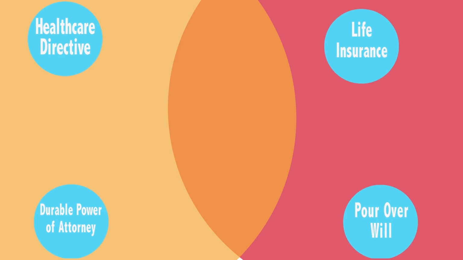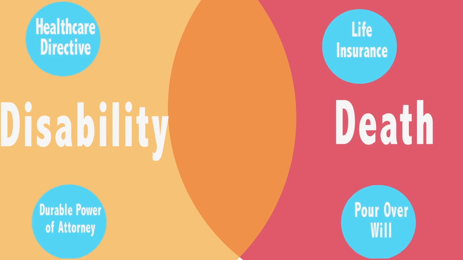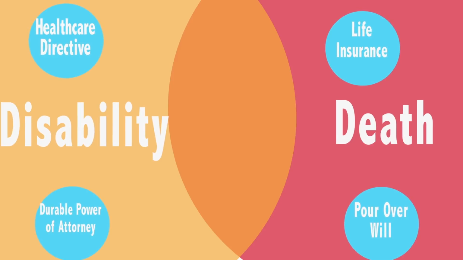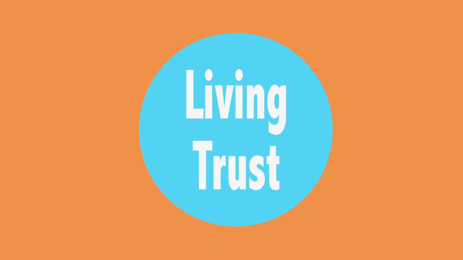So in the last video, we covered 2 types of conditions that you could be in and the components that apply to each respectively. The common theme for both of these conditions and their components was that they shared a very similar aspect of applying to you when you were in a helpless state of being, whether that be death or disability, but at the same time have differences due to the different situations each covered, which is attributed to their components. And well, this final component is actually an amalgamation of both, and it lies right in the middle of these 2 states, and it's called a living trust, and you'll understand why in just a bit.